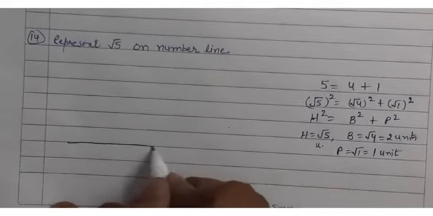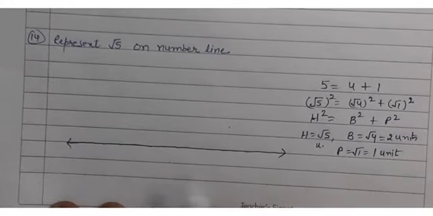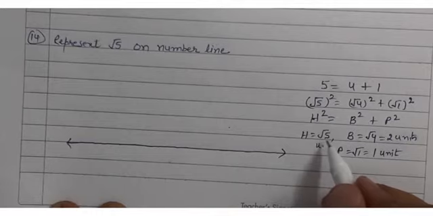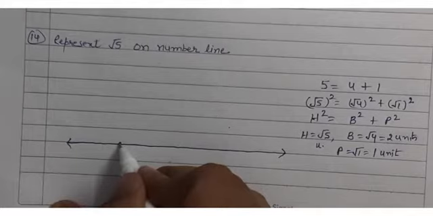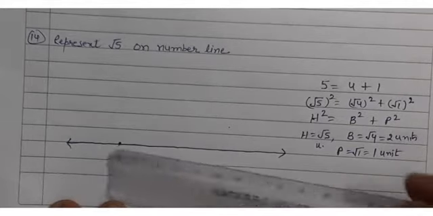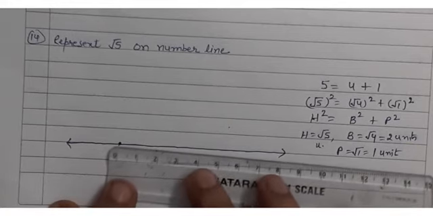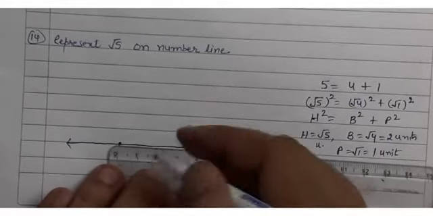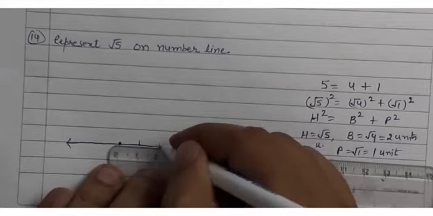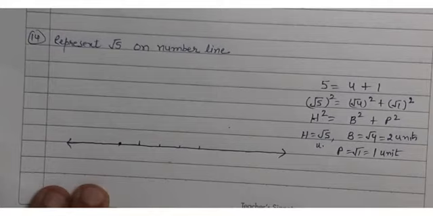The same thing. You draw one line. This time, see, under root 5 is bigger, no? So don't use the 5 inch scale; you can take the centimeter scale. This time I am taking the centimeter scale: 1, 2, 3, 4. Okay, now what to do?